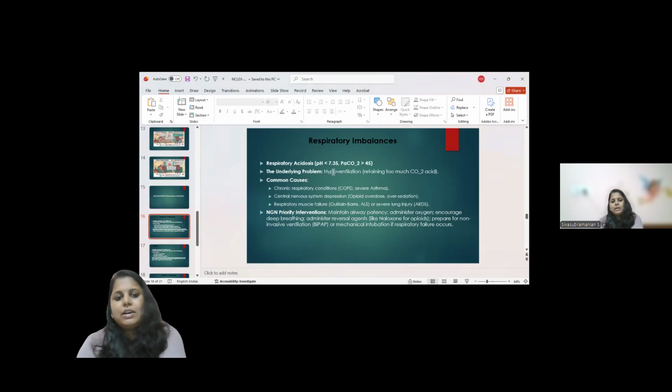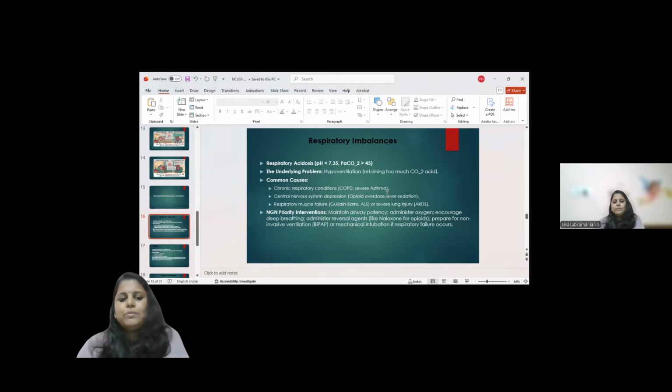The common causes are chronic respiratory conditions like COPD and severe asthma. Central nervous system depression as well, so opioid overdose or sedation overdose will also cause respiratory acidosis. Respiratory muscle failure, in scenarios like Guillain-Barré syndrome, amyotrophic lateral sclerosis, or severe lung injury like ARDS, we can see respiratory